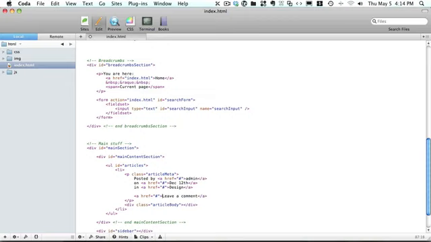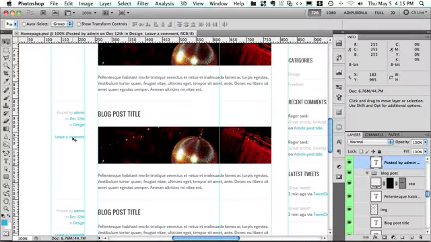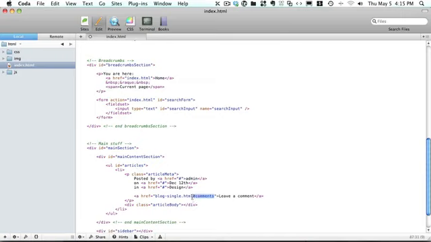Now we can actually set the href value here as blog single.html hash comments. And when we're going to be writing the markup for the single page, we'll add this kind of anchor tag at the beginning of the comment area. So when we're on the first page and we click leave a comment, it will open up the single page and will automatically scroll down to the comments section. Okay, so